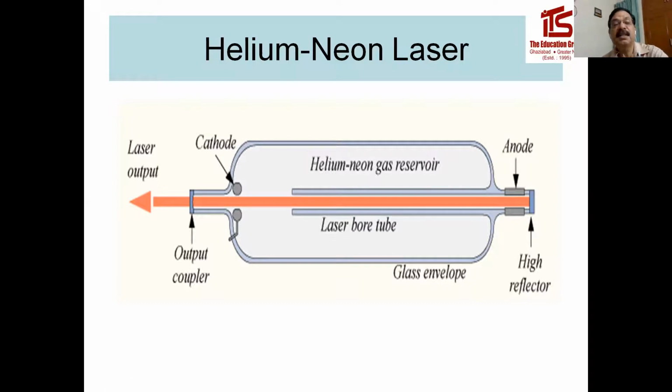The gas mixture is mostly helium, so that helium atoms can be excited. The excited helium atoms collide with the neon atoms, exciting some of them to the states that radiate 6328 angstrom or 632.8 nanometer. Without helium, the neon atoms would be excited mostly to lower excited states responsible for the non-laser lines.